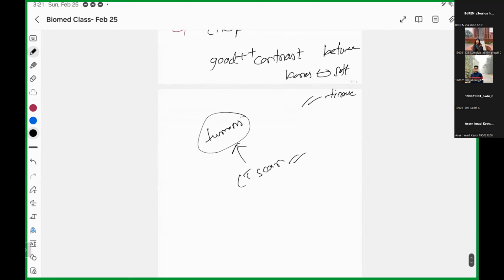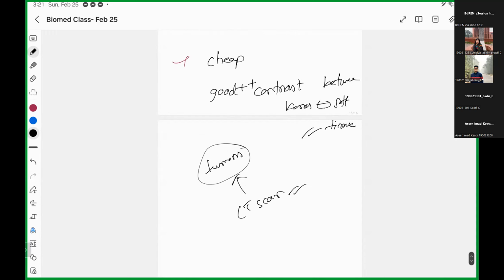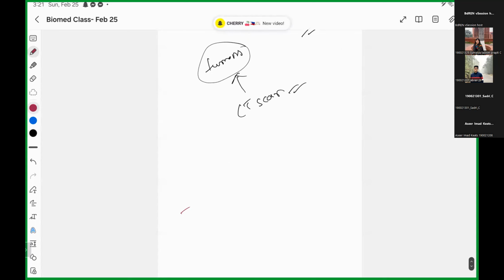This contrast is very important because the main purpose of X-ray is to form an image that helps you understand your bone structure and whatever other problem there is. If you don't get good contrast, you will not be able to visualize properly. And that happens when you are doing